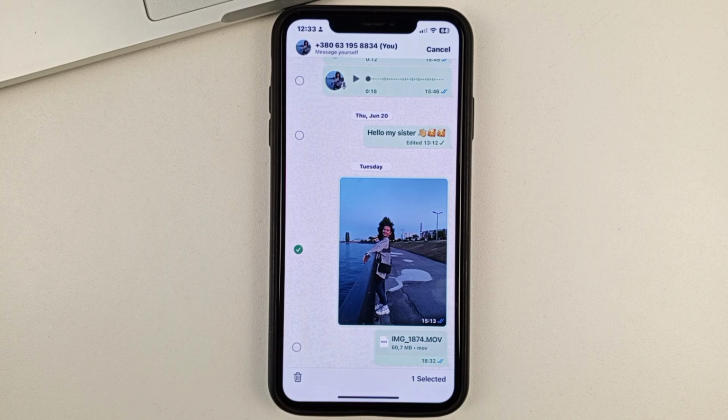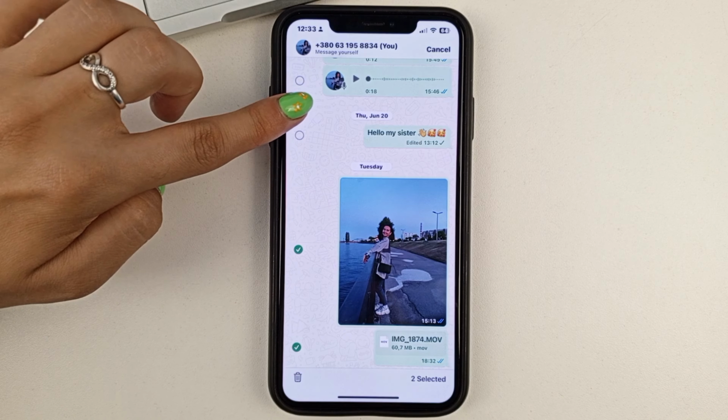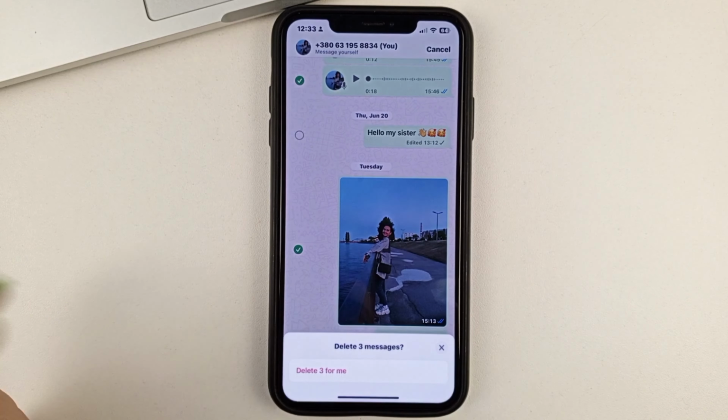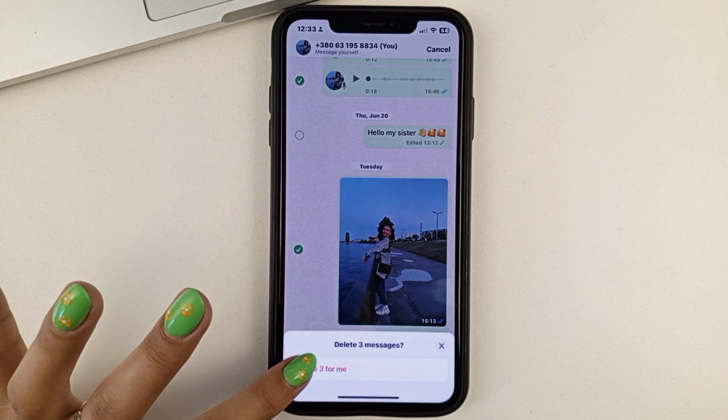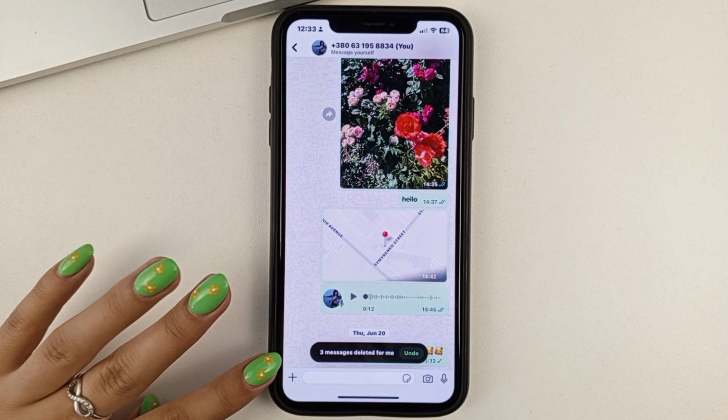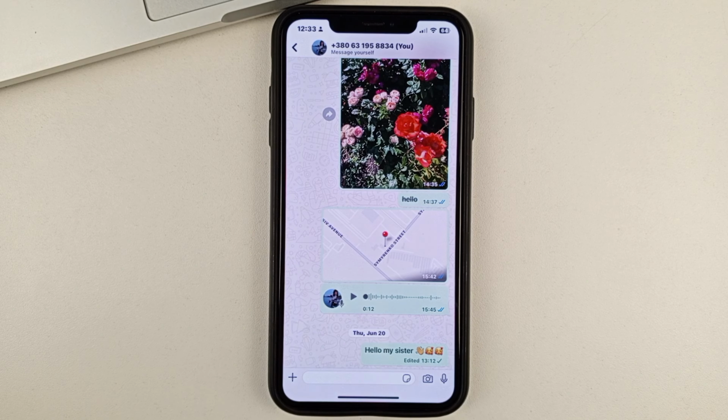And as you can see, right here on the left-hand side, you get these circles like this, where you can tick all the messages that you'd like to delete. Once you've selected all the messages, you can select both your own and the messages with the person you're talking to. Click on Delete. Next is Delete for me. And as you can see, you immediately delete the messages this way.